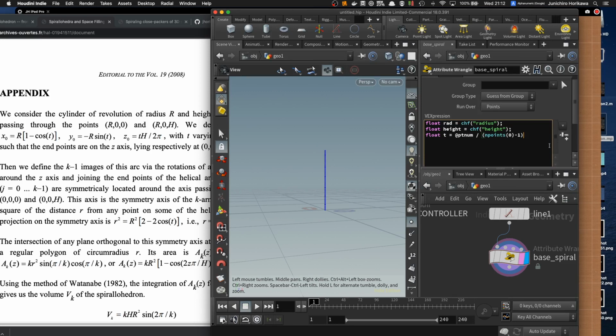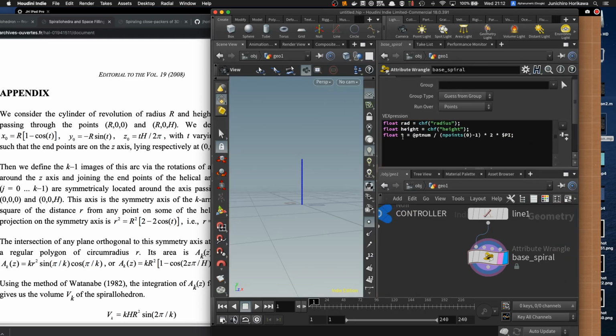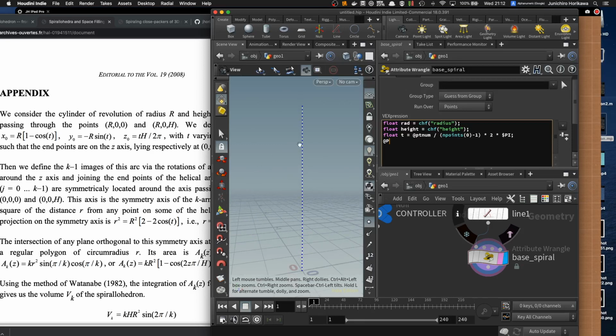Right, then multiply it by 2 times pi so that the t will be 0 to 2 pi based on the point position. Right, so now that I have t, let's replace the x coordinate of this point, this line,